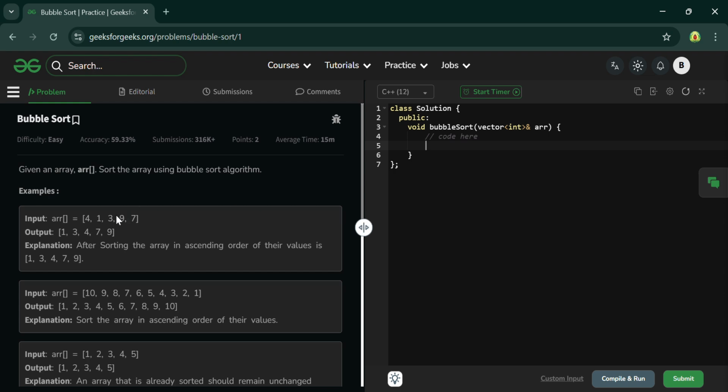About the algorithm, you just have to swap the element if it is greater than its next element. Okay, means the 4 is greater than 1, then I will swap it, and I will swap until it reaches its original position. Okay, so let's do this. This is one of the simplest sorting algorithms. So first you have to